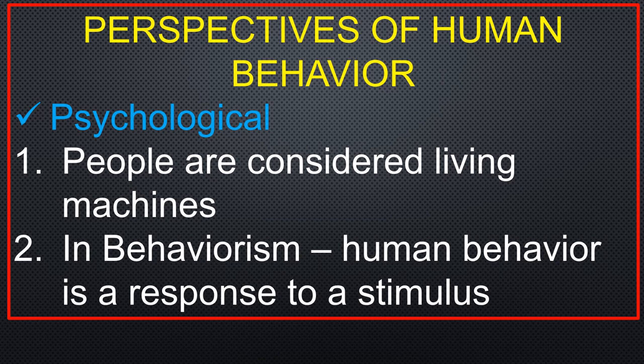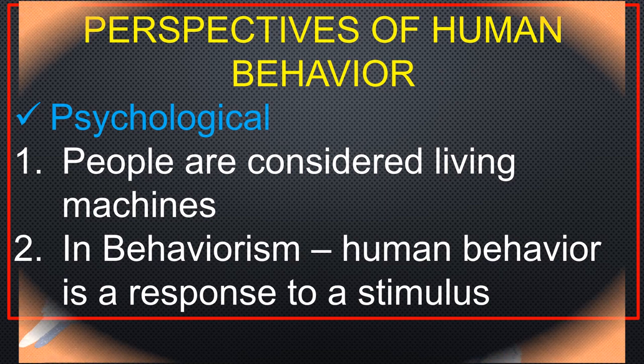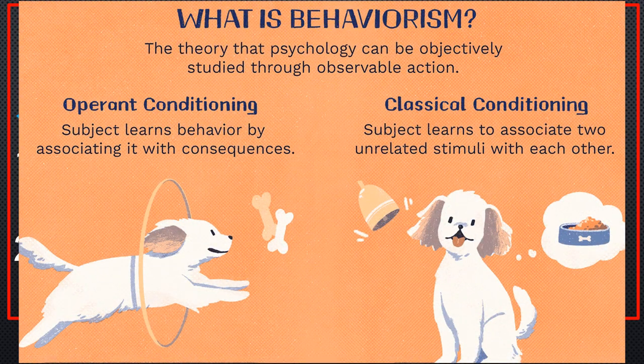So whether you are doing a normal thing or an abnormal thing or a criminal thing, accordingly, it could be a product of a stimulus, a reward, a punishment, or anything else. A product of your environment. So these are classic examples of behaviorism. Although we are going to discuss this later on in your criminological theories. By the way, criminological theories are more or less identical with all the theories governing human behavior.